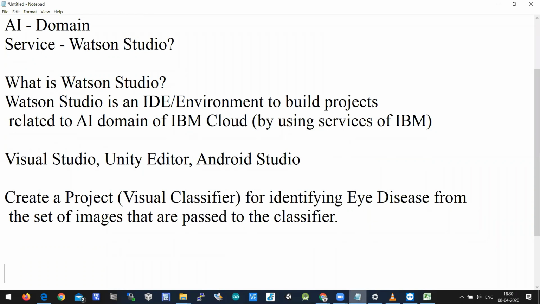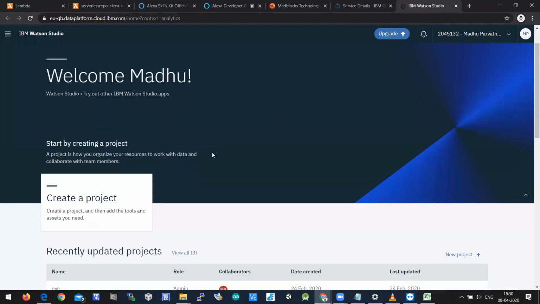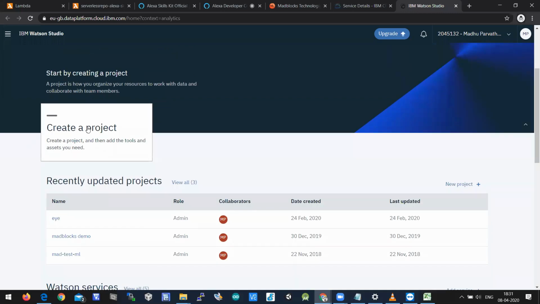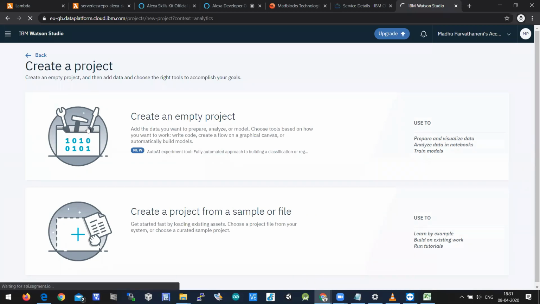So let us design this project in IBM Watson Studio by clicking on create a project. Here you can create any kind of visual classifier. You can create any type of image classifier in particular, because generally the topic is related to visual recognition. When you say visual recognition, it is not text recognition.